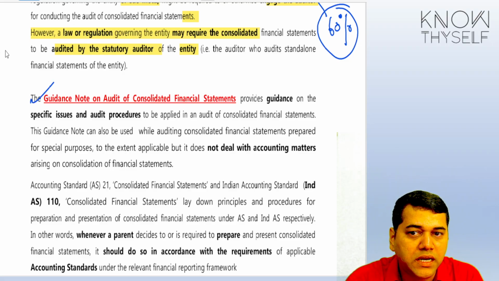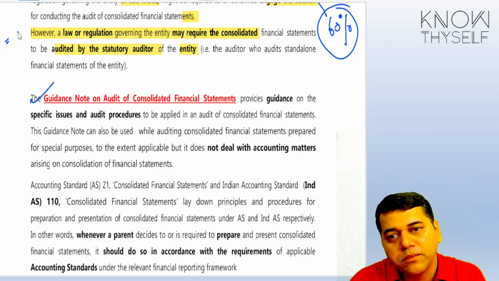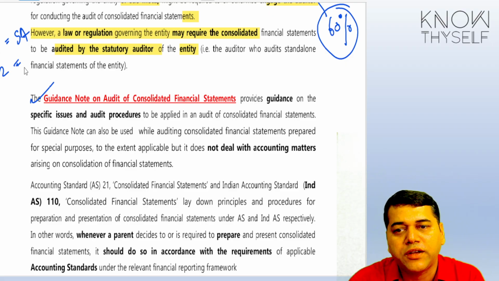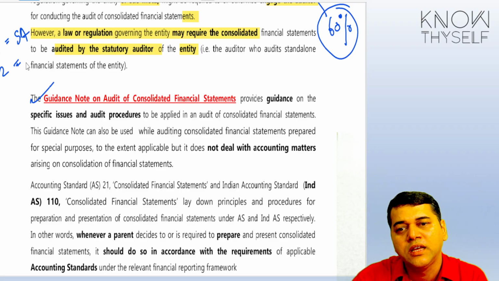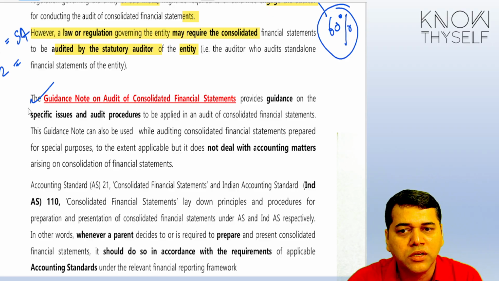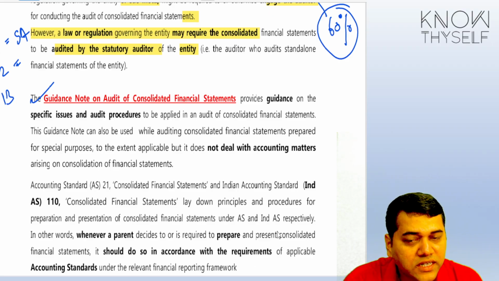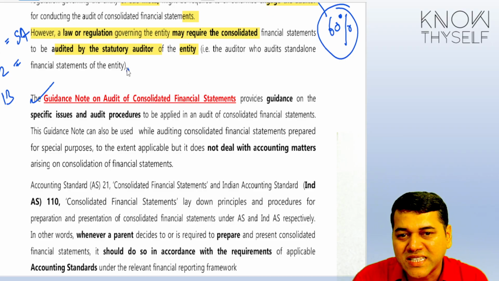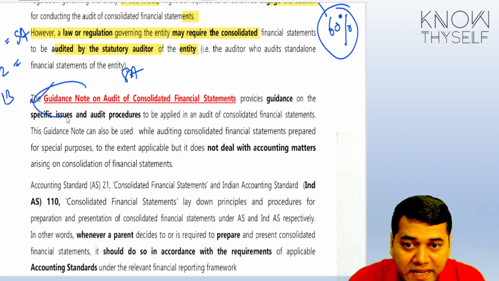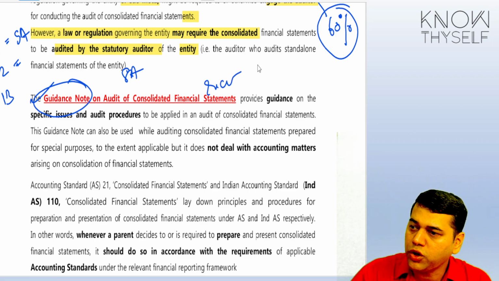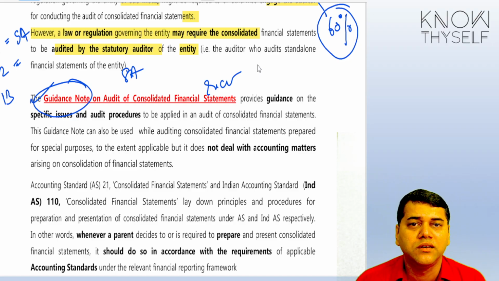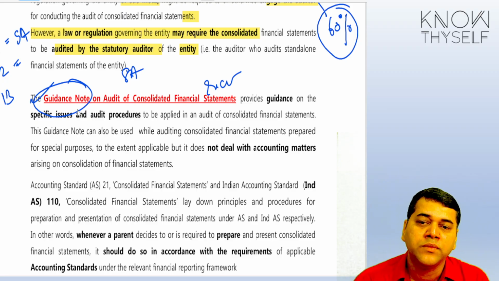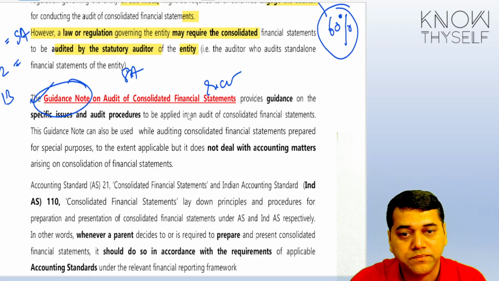See, up to chapter 11, where did they pick from? They picked it from the SAs, SREs, SAEs, whatever. Chapter 12, they have taken from different sources, like technical guides. For chapter 13, they have taken the contents from the guidance note on audit of consolidated financial statements. So tomorrow if you become a consolidated auditor, we don't have any standards on auditing for CFS, but we have a guidance note which is recommendatory. That guidance note is actually very big, but they have given you limited extracts here, because otherwise it would have become another subject.